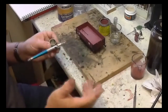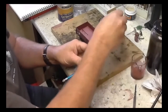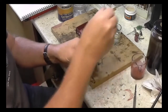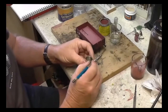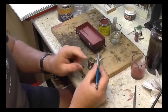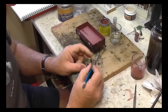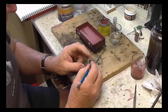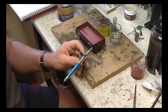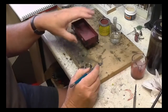Right, having got your paint to the consistency that you want, using the pipette I would suck some paint out and squirt it into my little cup on the side here. I would say that a wagon like this would probably take you about maybe 3/4 of that cup. It's about as much paint as you will need. So you don't need a huge amount. However, now you've got your paint into your cup and you've connected your brush to your compressor. You start your compressor up, you get your pressure up to what you want it, and then whatever you use,